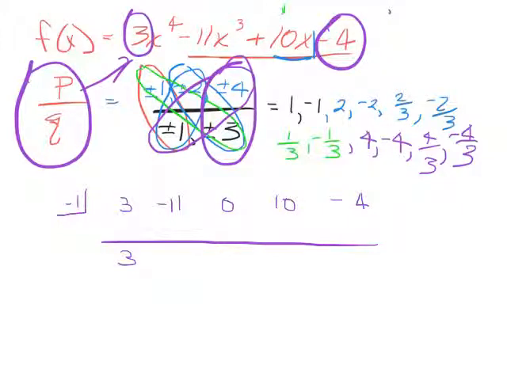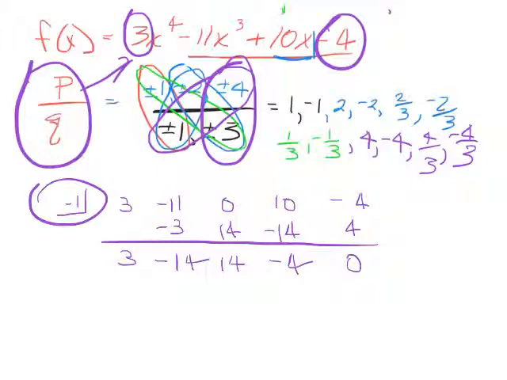So 3, negative 14, positive 14, negative 4, positive 4, 0. So I know that x plus 1 is a factor. Not only do I know x plus 1 is a factor, but I know what I have left is